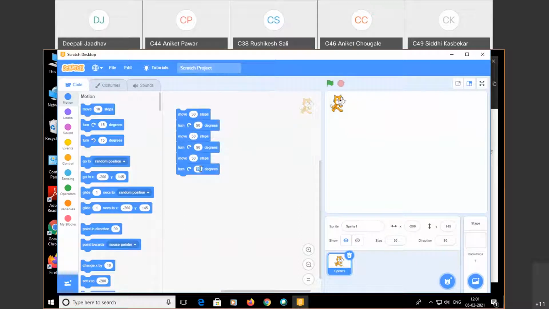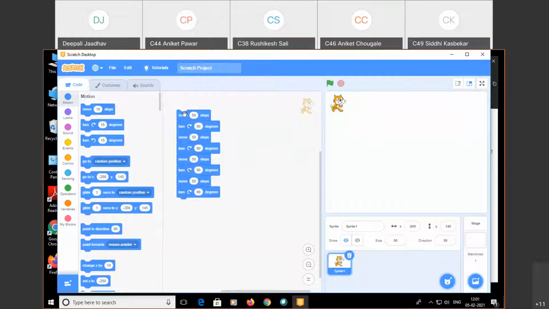Sorry, 90 degrees. Again move by 50 steps and again turn by 90 degrees. Okay. Now I execute this one. Click on this first block. It will execute the remaining blocks because each one is attached to the other.